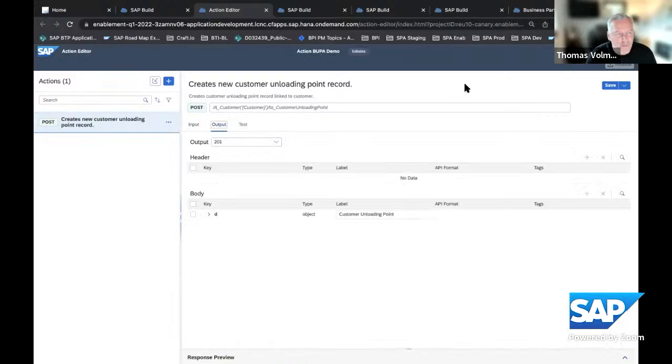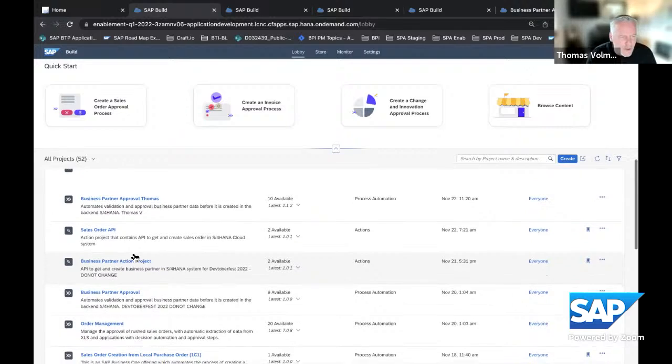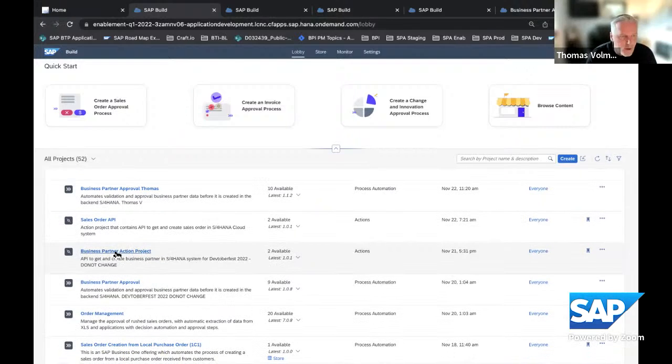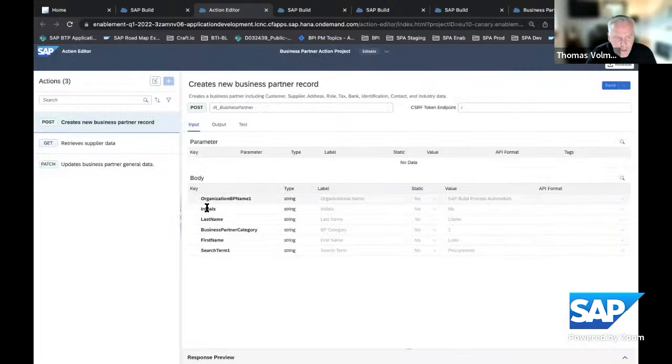Fast forward, I will stop this here and show you the API that I'm using in my project. This has been configured already. You see that we just need in the process a couple of bare minimum pieces of information: the organization name, the initial, last name, and so on. That's all that is necessary from the process to create the record in the backend system.